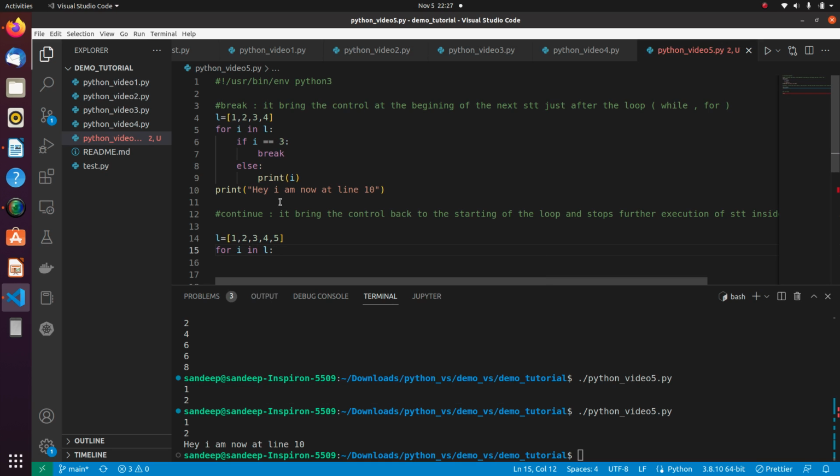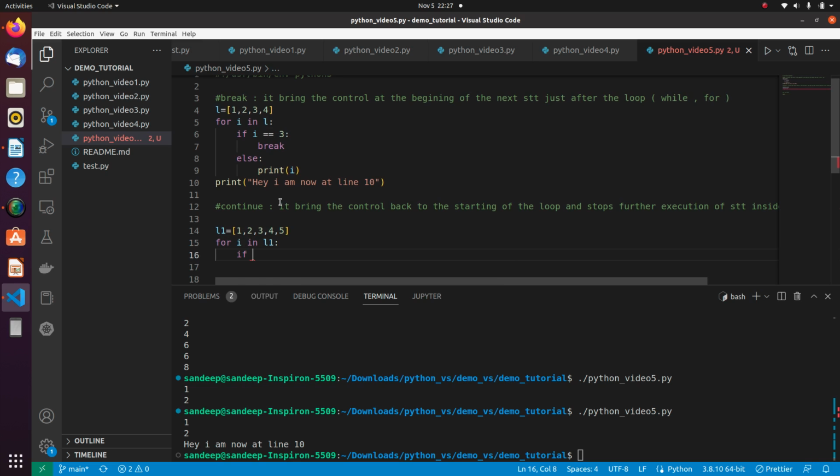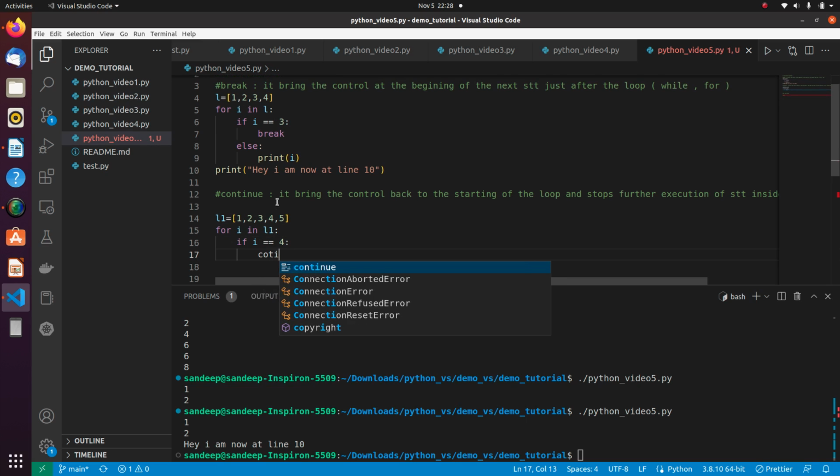Let me quickly run this loop, and this time let me take it as L1, though it will work, but let me take L1 here, and I would say that if I is equals to 4, then continue